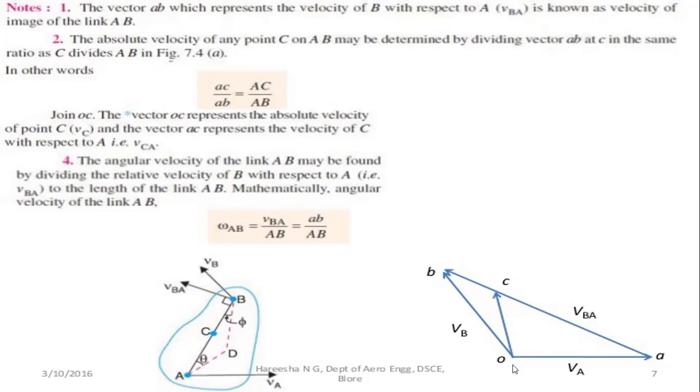So this is the same points to be generated. I'm taking the same type of positions, that is OA is parallel to the velocity of A, that is VA, and from A I am taking the B point, VBA, and through the velocity of B I am taking the same angular position of OB, which is intersecting at the point B. Here the difference is I'm taking this OC line, which is perpendicular to VA, that is the velocity of A.